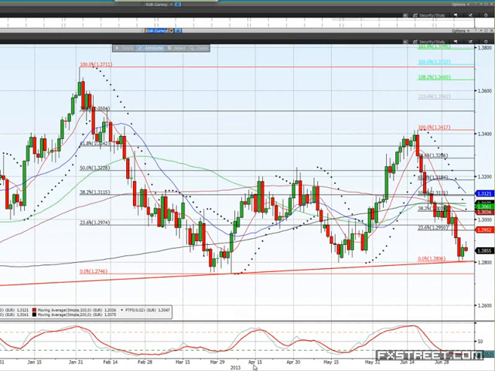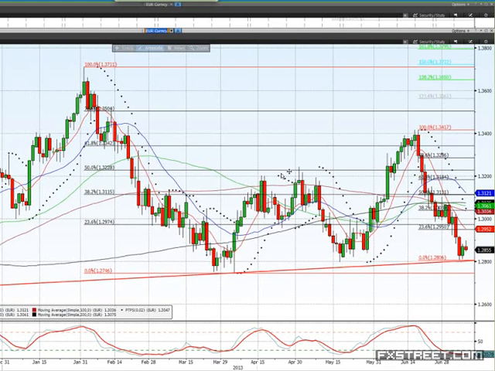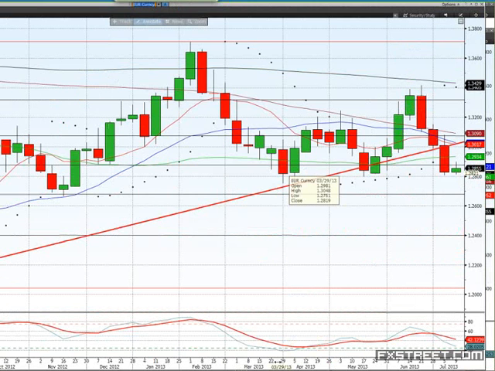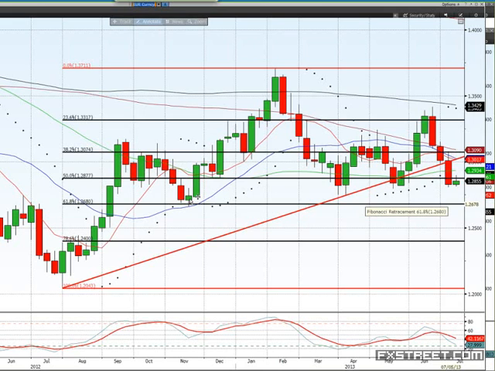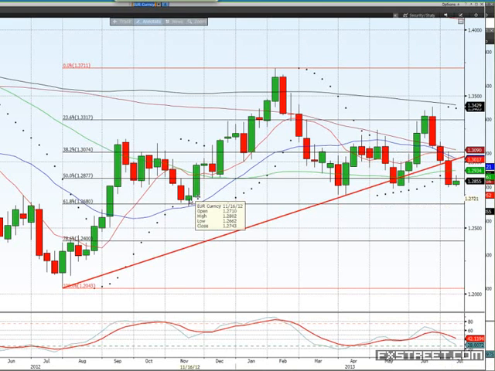If we do break lower, then below 128.00, we're probably looking at these lows we saw in April, 127.50, 127.46. That should be the first stop. And then we've got 126.80 as a decent Fibonacci support level, 126.80 coupled with a November low at 126.62. So I'd be looking at that band probably eventually at some stage if we see closes below 128.00 for the euro versus the US dollar.